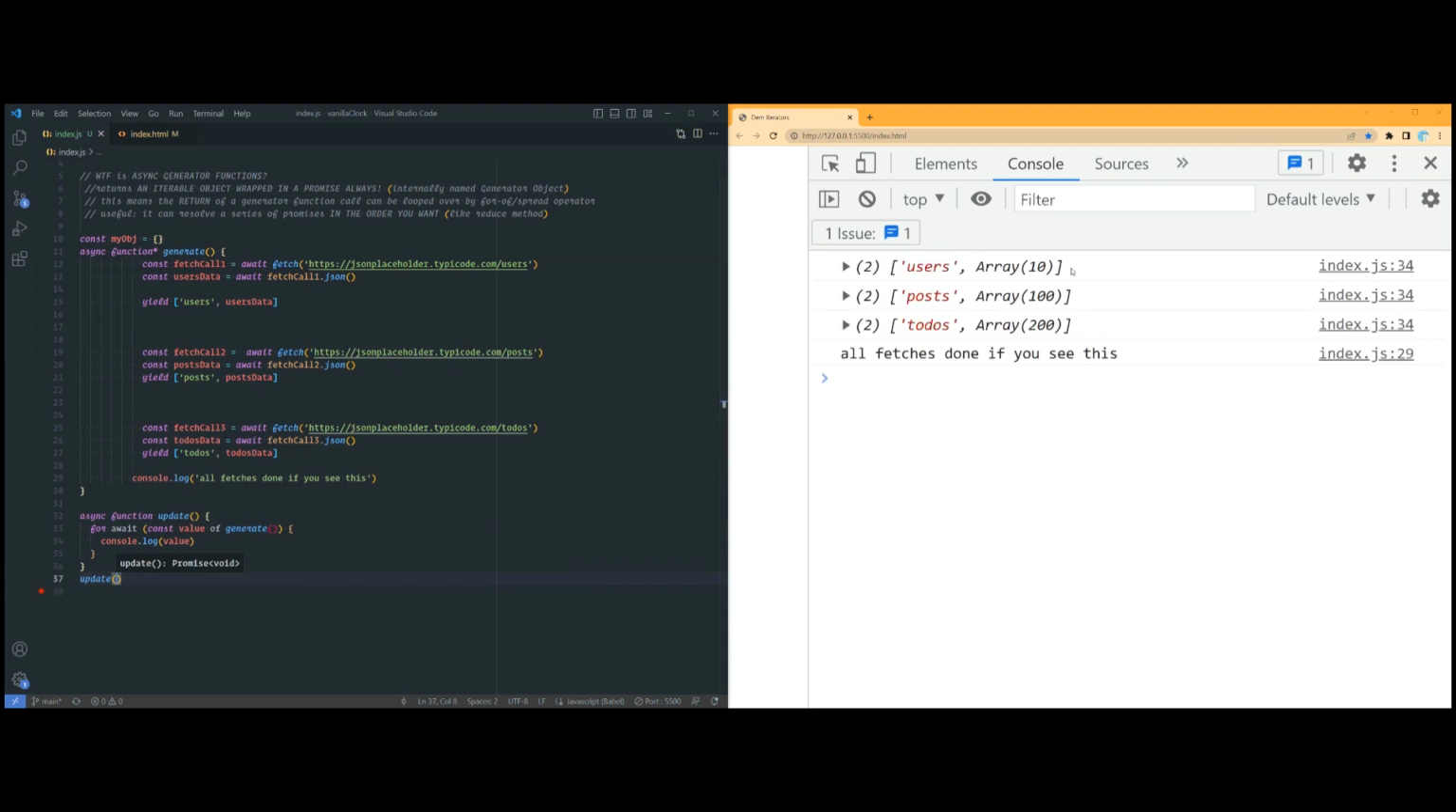Okay, so we get all the yields, and remember, it doesn't stop at the last yield. It still runs whatever you want it to run. Okay, so that's why you have this all fetches done if you see this. Okay, so now inside of our body,